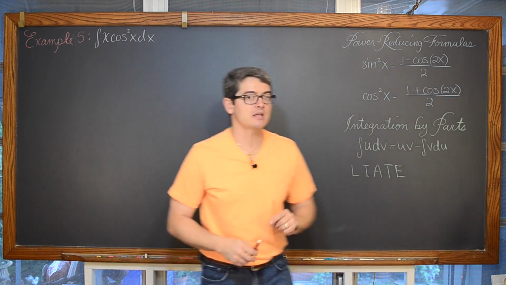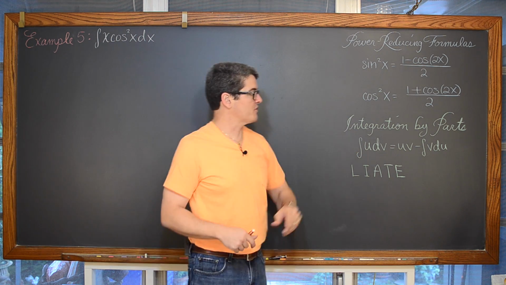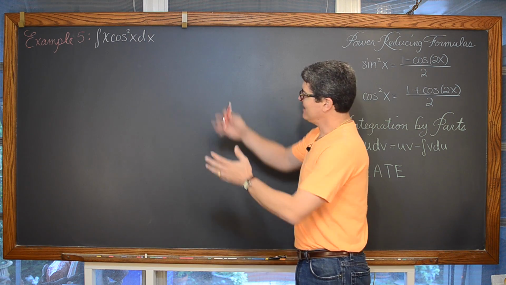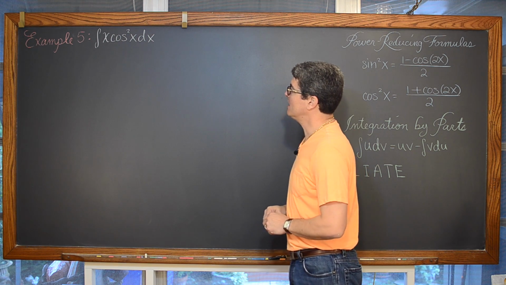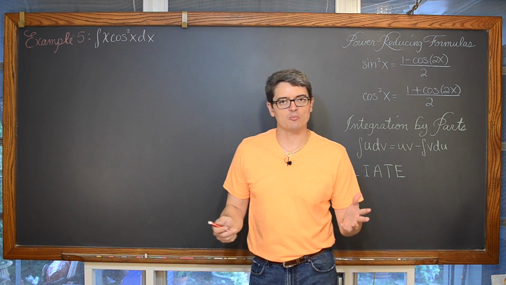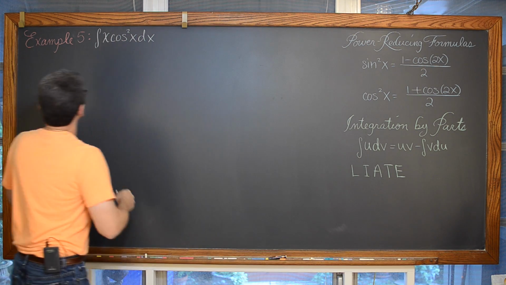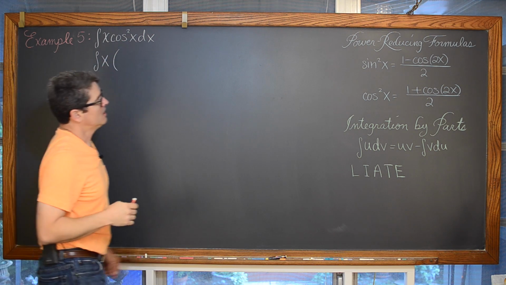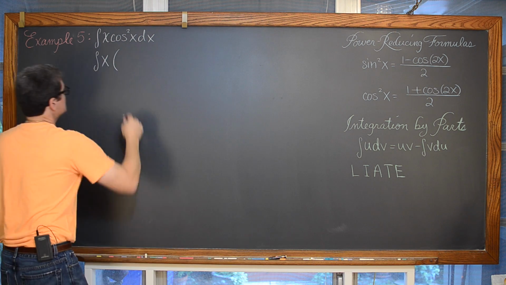Now, like I said, our last example, most complicated. We're going to have to use one of our power reducing formulas and finish up with integration by parts. But you wouldn't know that when you first glance at the problem, so let's start working through it and see what happens. We have one trig function raised to an even power. Just like our previous problem, we need to break that down with the power reducing formulas. So we're going to have the indefinite integral of x times, well, cosine squared of x is 1 plus cosine of 2x over 2.